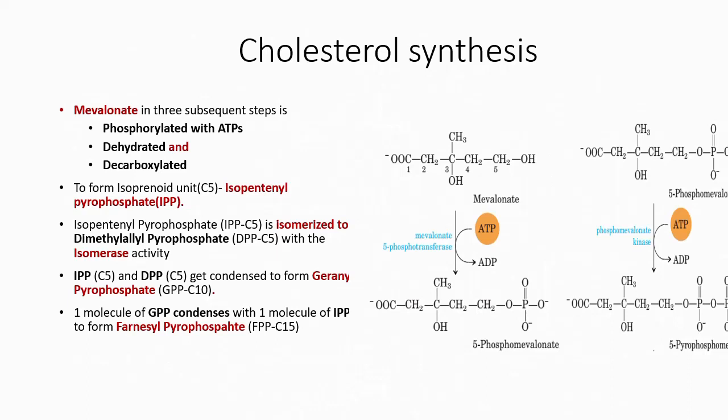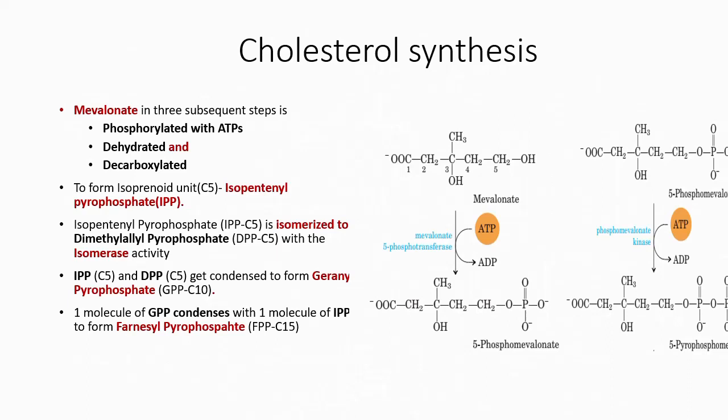So this isopentenyl pyrophosphate is the first 5-carbon molecule, and it exists in equilibrium with its isomer, because immediately it is formed, it is isomerized, so it forms an equilibrium with the isomer, which is dimethylallyl pyrophosphate. So dimethylallyl pyrophosphate and isopentenyl pyrophosphate will now condense for the next reaction to form geranyl pyrophosphate. The geranyl pyrophosphate will now condense with another